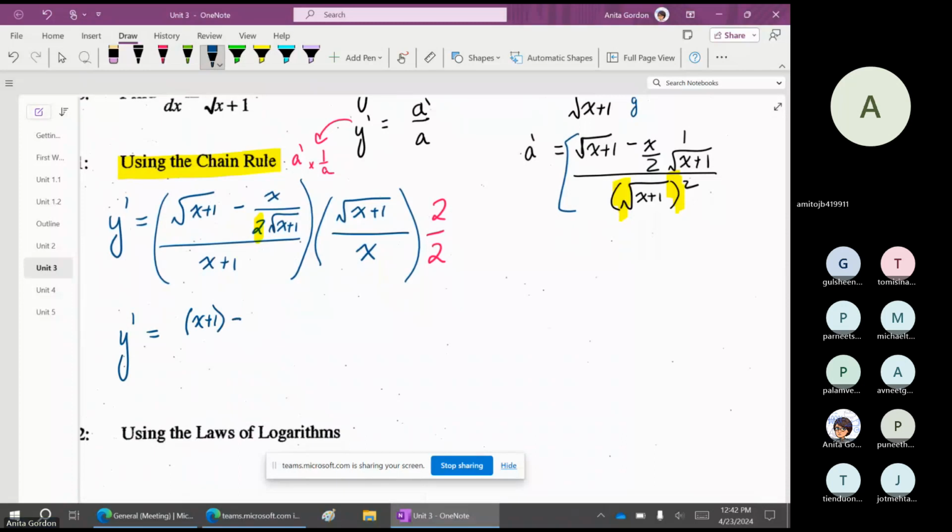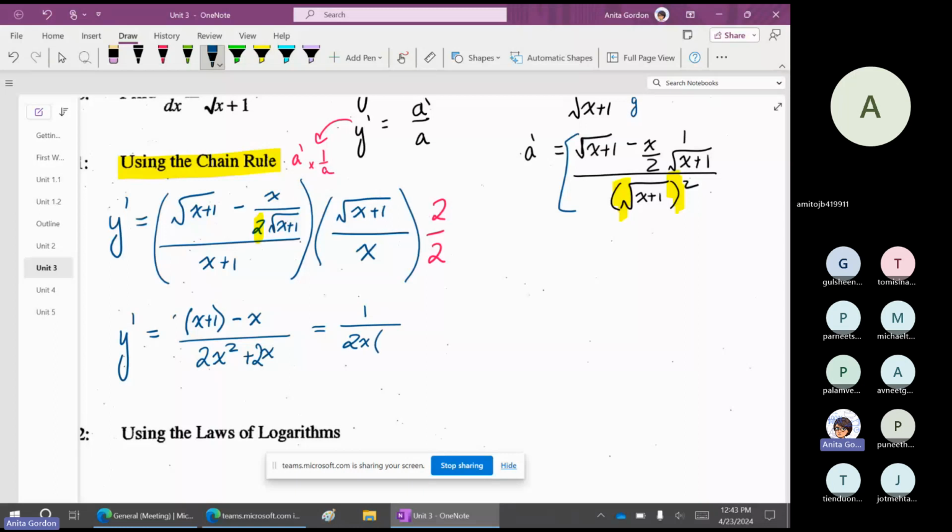Minus x, because the denominator and the numerator cancel out, all over 2x squared plus x. And I can simplify this further. Plus 2x, not just x. Thank you. 1 over